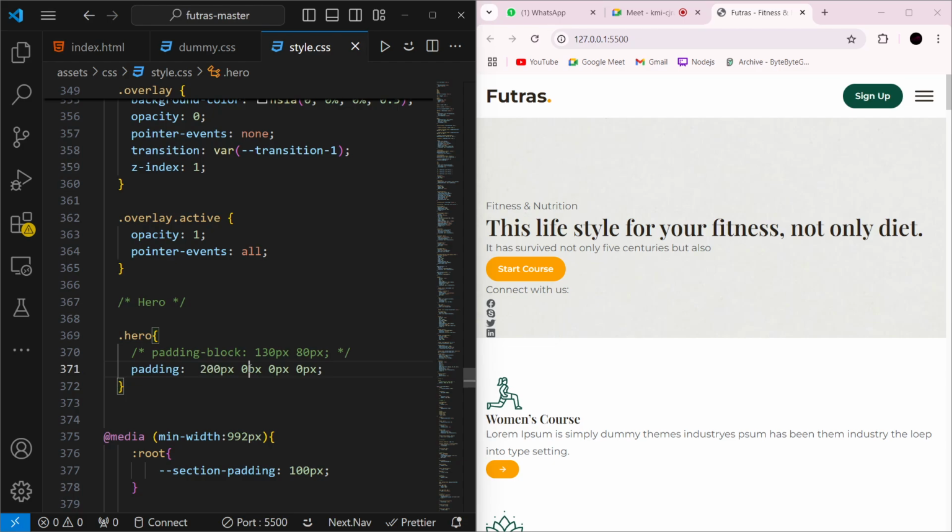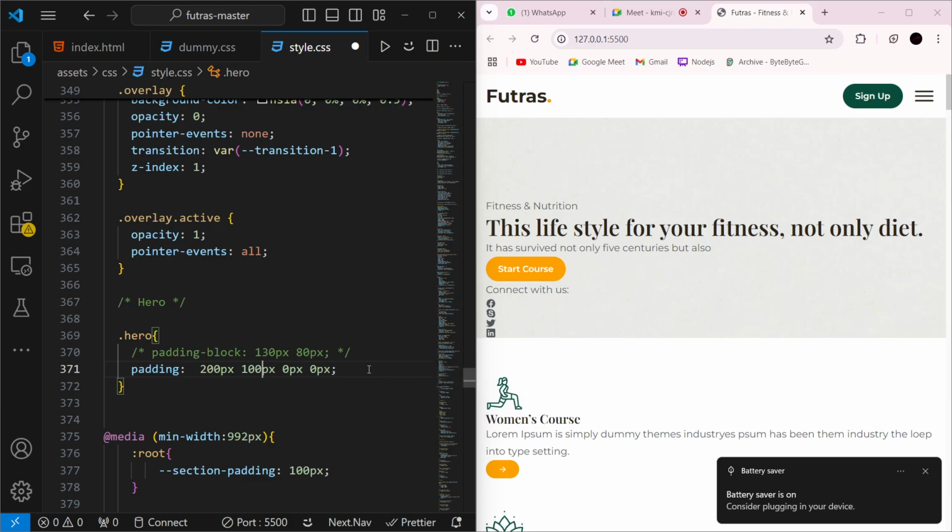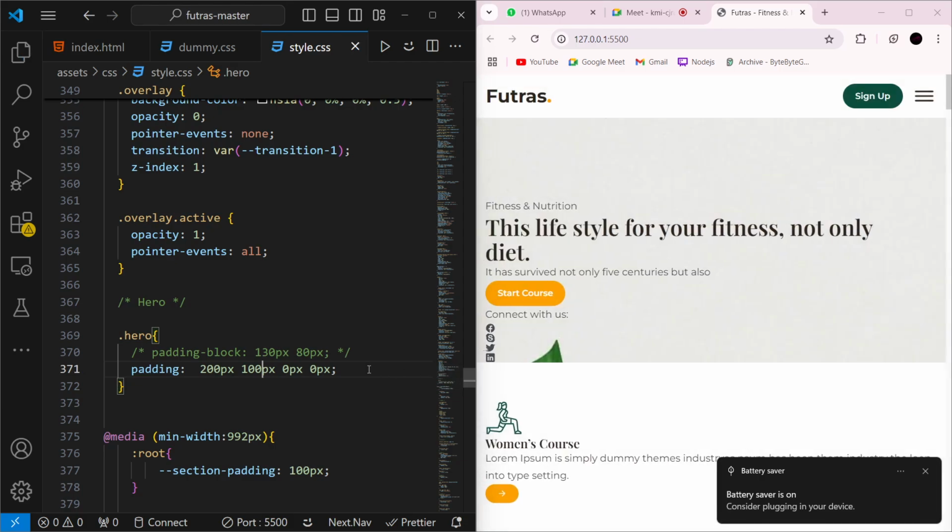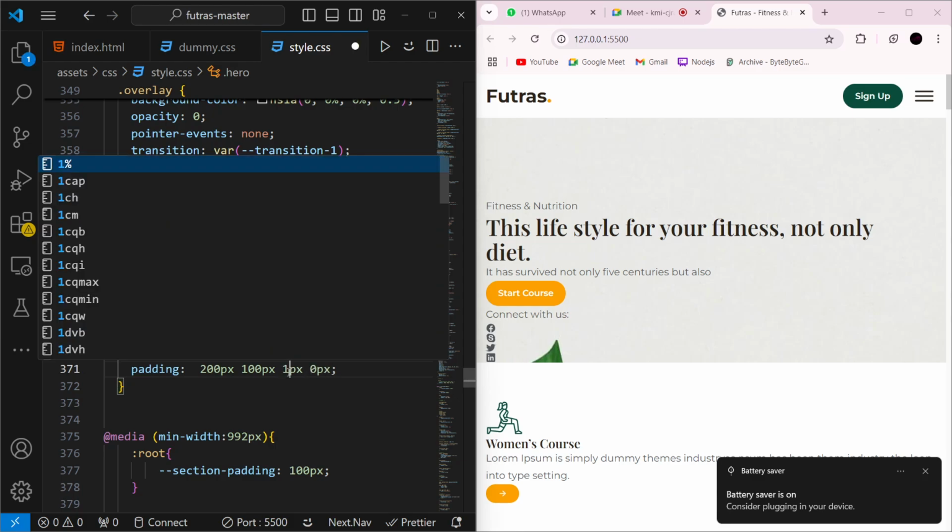If we add at the second part, the right side of the section is going to get space. Let us assume there is no space now, just this small space only. If I add 100 pixel, the space is added on the right side. Next, if I add around 150 pixel,